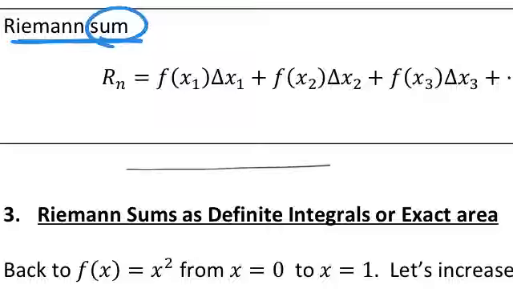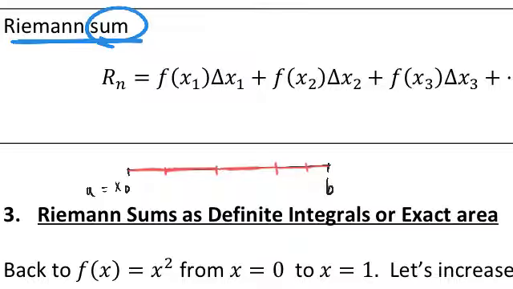We're starting at some x0, right? And this is A. And then we're going all the way until B. And then we're making rectangles. We have one rectangle and then a second one. They might be of equal width or unequal width, but they're sitting in here all the way from A to